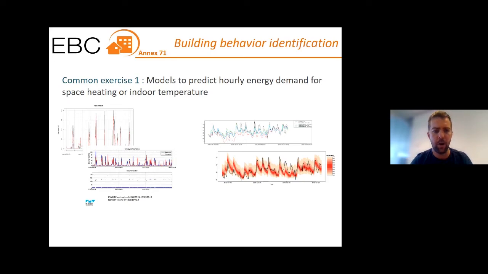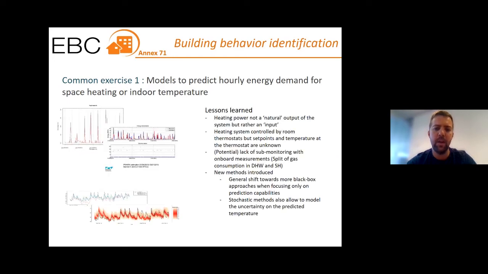We moved to more of a black box way of predicting the actual response of the building in terms of temperature or heating power. What we also saw introduced was that there were statistical methods being used to not only predict the average profile, but also use stochastic methods to predict the uncertainty. So the lessons learned out of this first common exercise were that, well, when trying to predict the heating power,